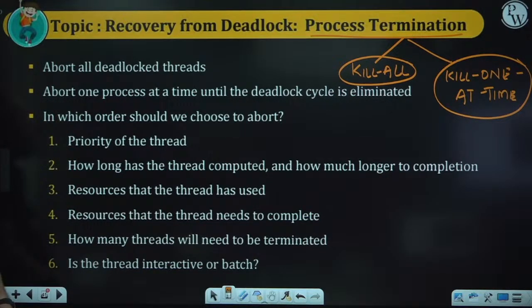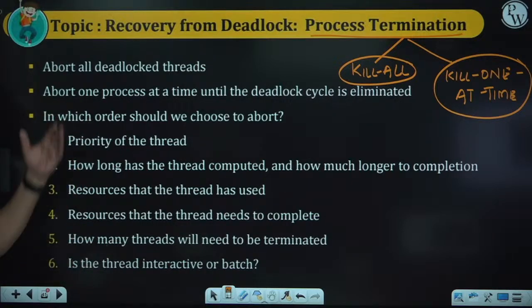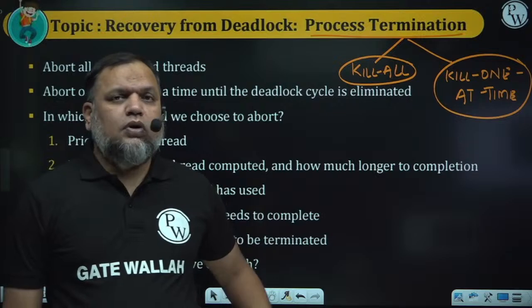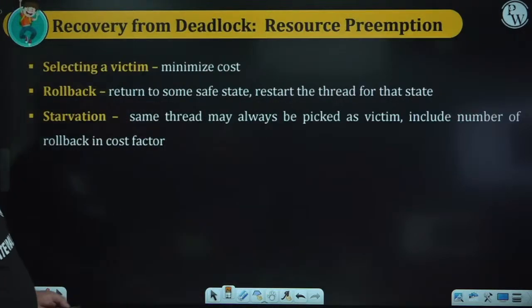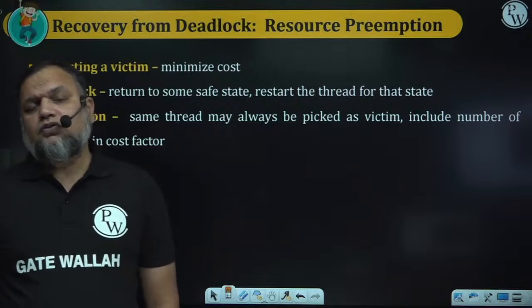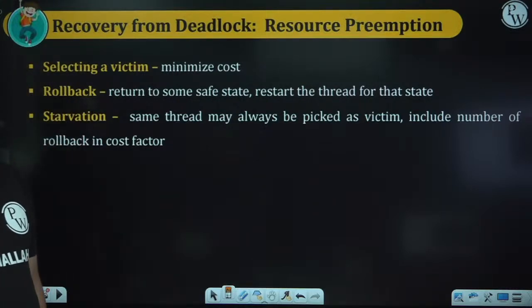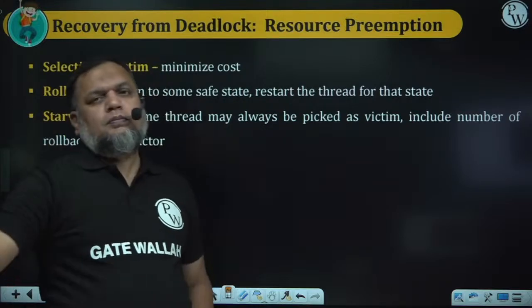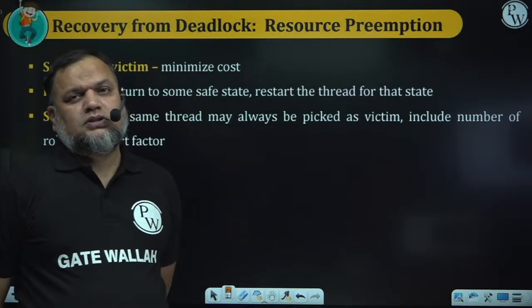What strategy can be used for selecting a process for killing, like priority of the process, how long the process has computed, resources that the process is using, resources that the thread needs to complete. There are several questions based on which you can decide which thread should be killed for process termination. उसी तरह दूसरा जो strategy है वो है for recovering the system from deadlock, वो है recovery, resource preemption. Resource preemption मतलब you preempt the resource from the process and roll back the process to the state from where